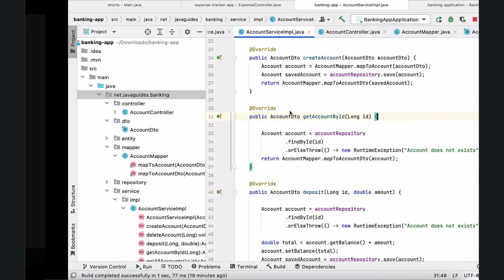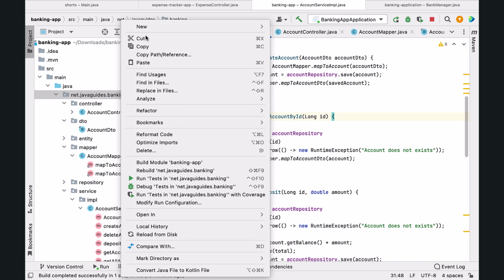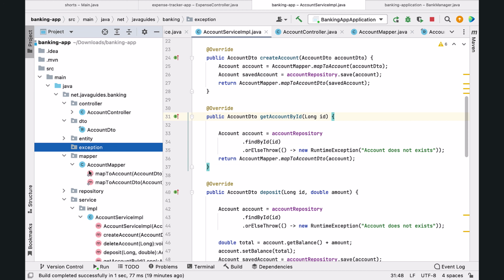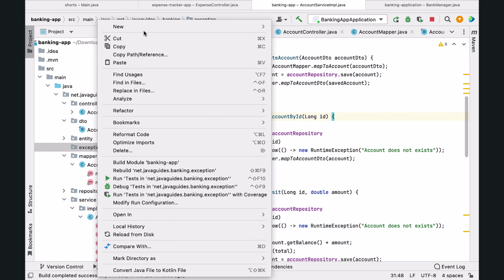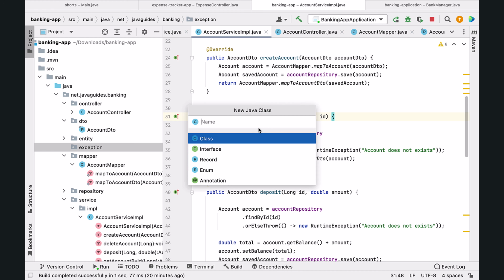Let's go to our project in IntelliJ IDEA and first create a new package. So go to the base package, right click, new, and then choose package. Let's give the package name as exception, and within the exception package let's create a custom exception. For that, choose Java class and let us give the class name as account